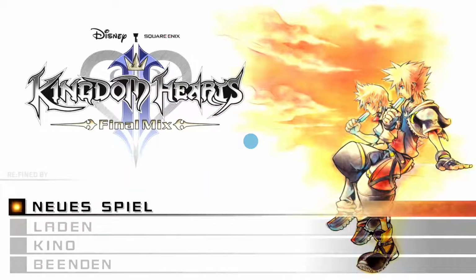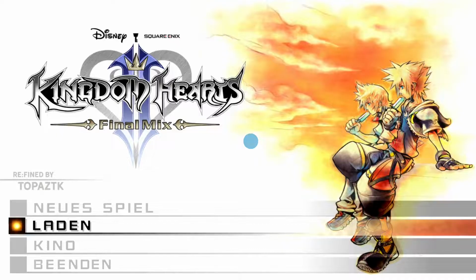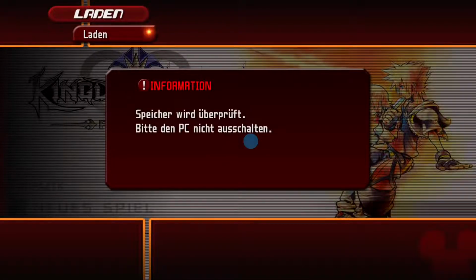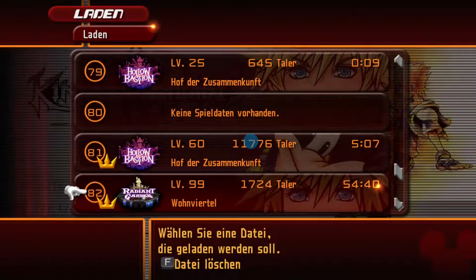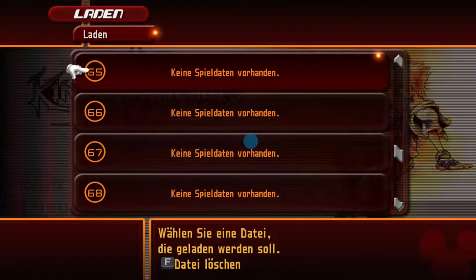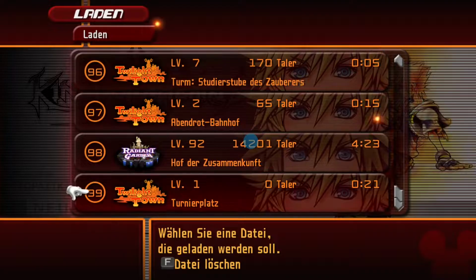And we see Refined by Topaz TK. I will load a save file now. You will see always the blue dot, sadly. I can't make it disappear right now. So if that is done, I'm going to